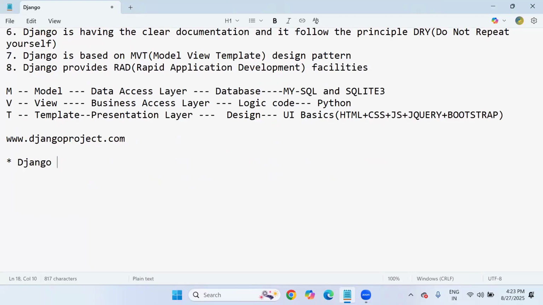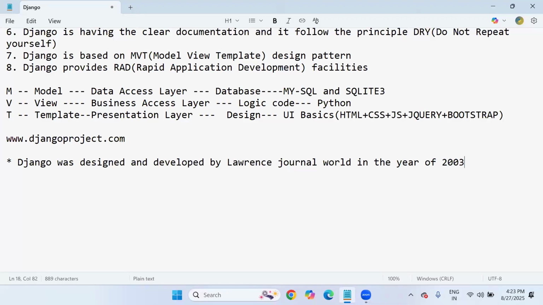Django was first designed and developed by Lawrence Journal World in the year 2003. But the first version of Django was released publicly in the year 2005.